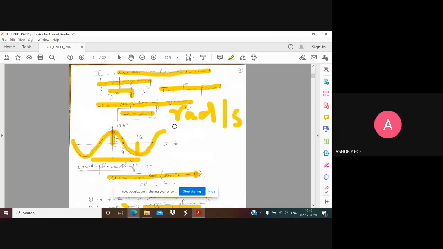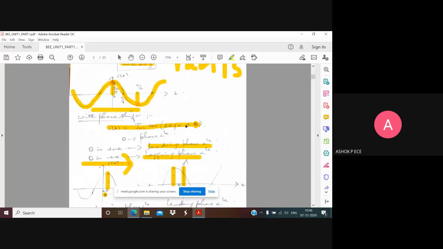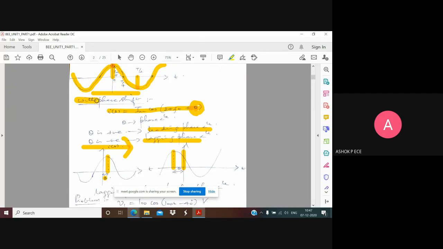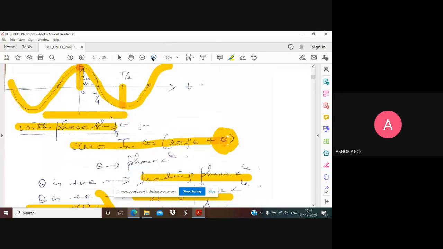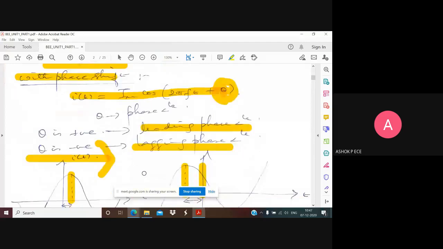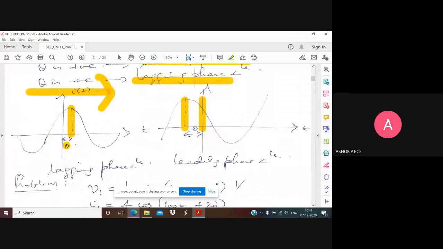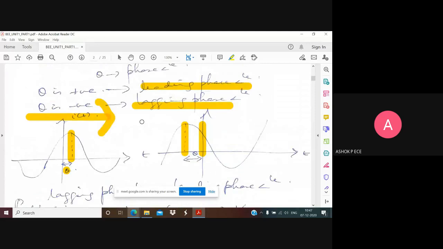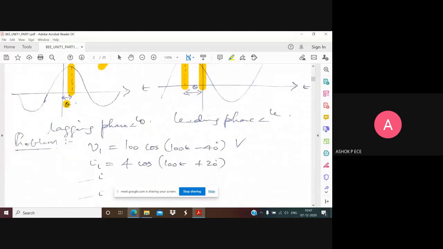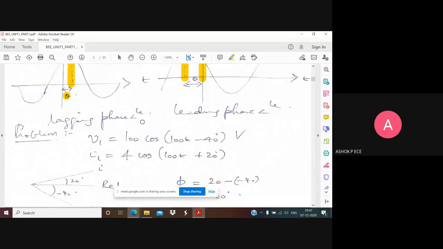So in the expression cos 2 pi f t, always you will put plus here, and this theta will have sign plus or minus. So the general expression always has plus here, but theta can be, say, 45 degrees or minus 45 degrees depending on lagging and leading. Whenever you hear the term phase shift, there is nothing to worry about. It is very, very simple. Phase shift means by how much your waveform is lagging or leading.